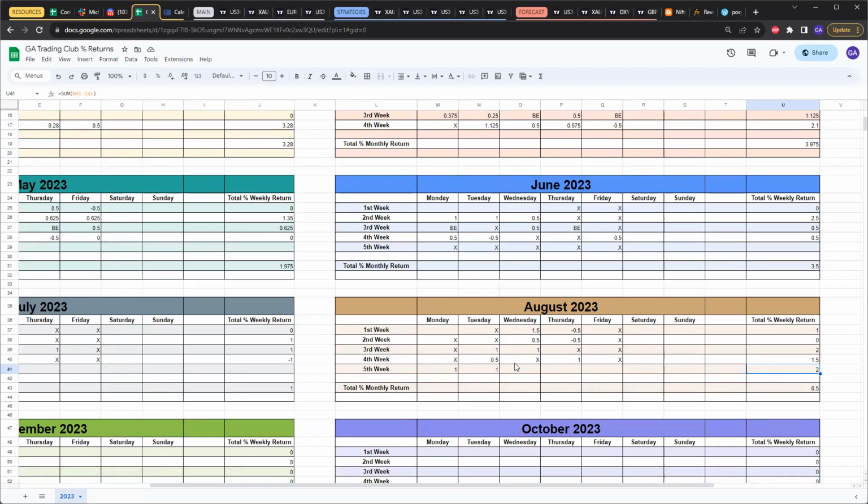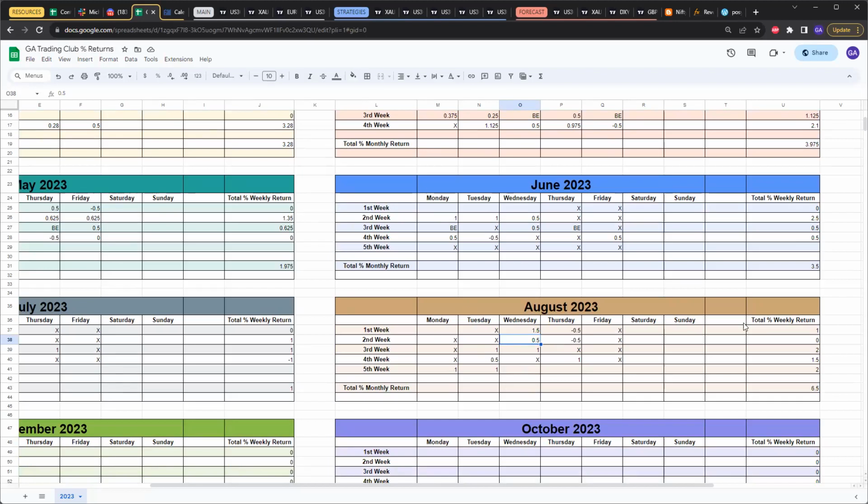Yes, we are risking 0.5, but what has improved in the month of August compared to July, other than me being on vacation for the majority of July, is that in the month of July, we started focusing on the SAR strategy. We started using a 1:2 risk to reward with stop loss, break even set at a 1:1. And also, right now we are risking 0.5%, which means with a 1:2, if we win, we